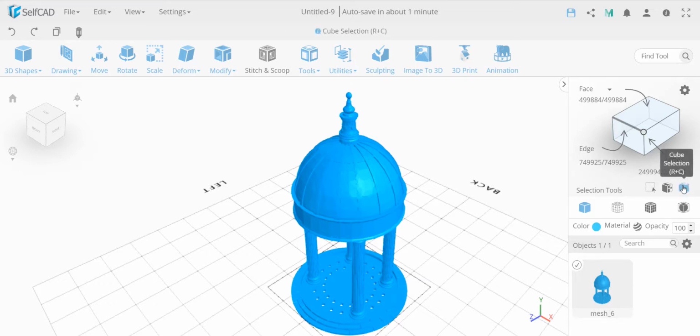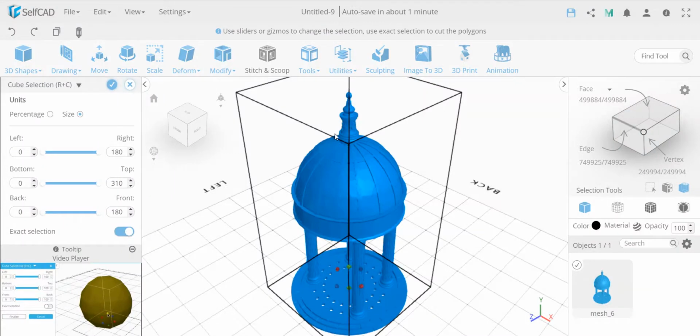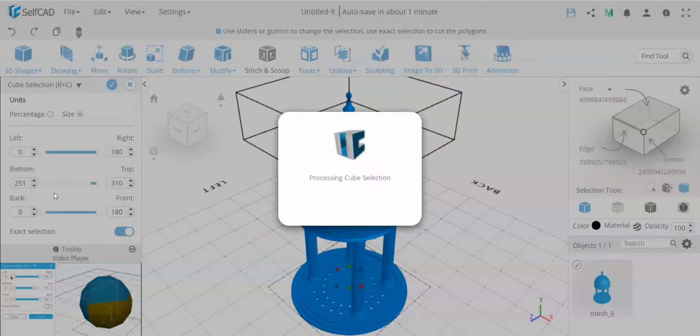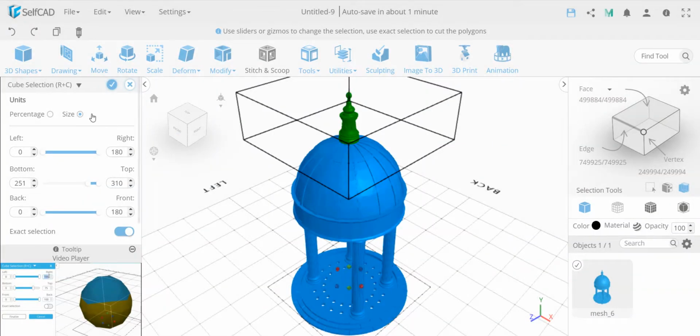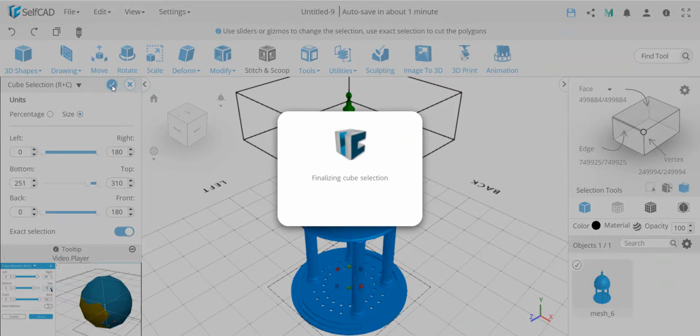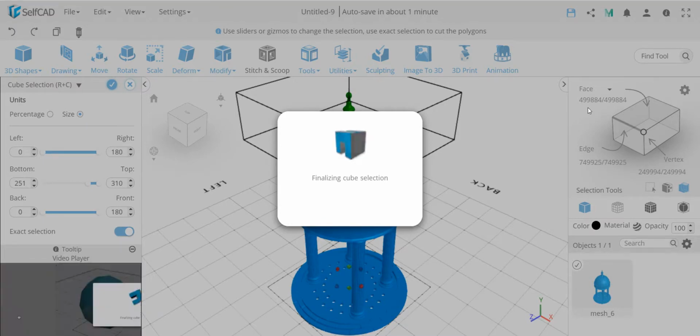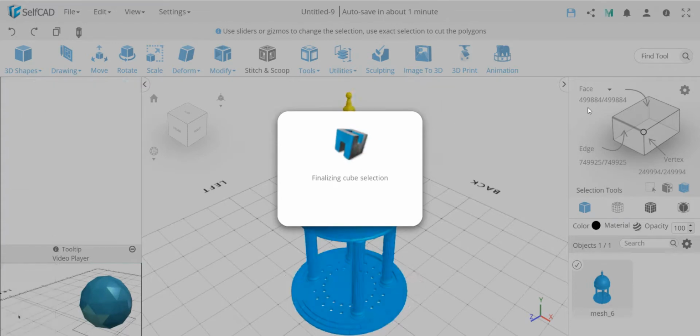So I'll take the cube selection and I want to cut this out. So I'm moving it up from the bottom. I already measured that, it's 251. And as you can see, this moves it to this location. If I click exact selection is on and I click the confirmation icon, this will cut. This may take a few seconds because as you can see, this is a large object, 500,000 polygons. And this, by the way, is over 25 megabytes, which is an object that I think Tinkercad wouldn't be able